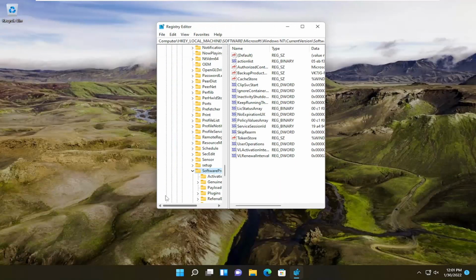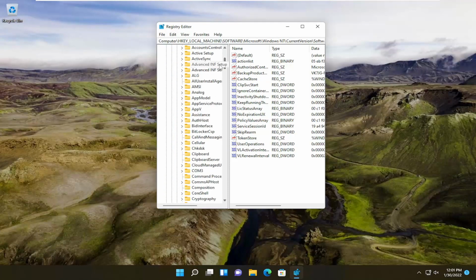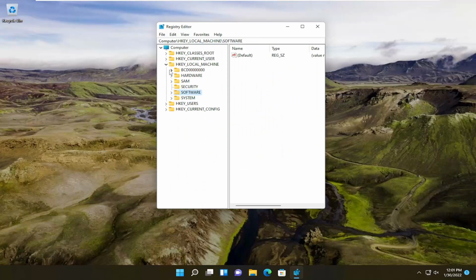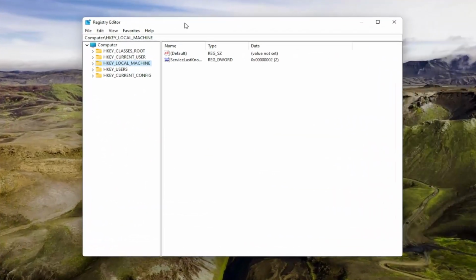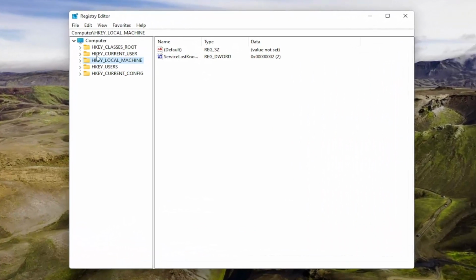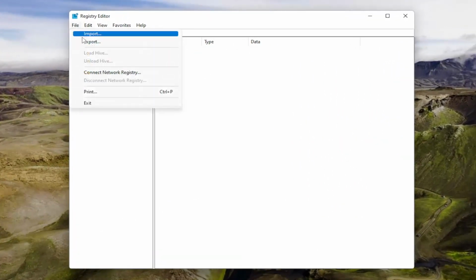Now, before you proceed in the registry, I would highly suggest you create a backup of it. So if anything were to go wrong, you could easily create a restore point for it, basically, and you could just revert it back. So in order to create a backup, all you have to do is select File and